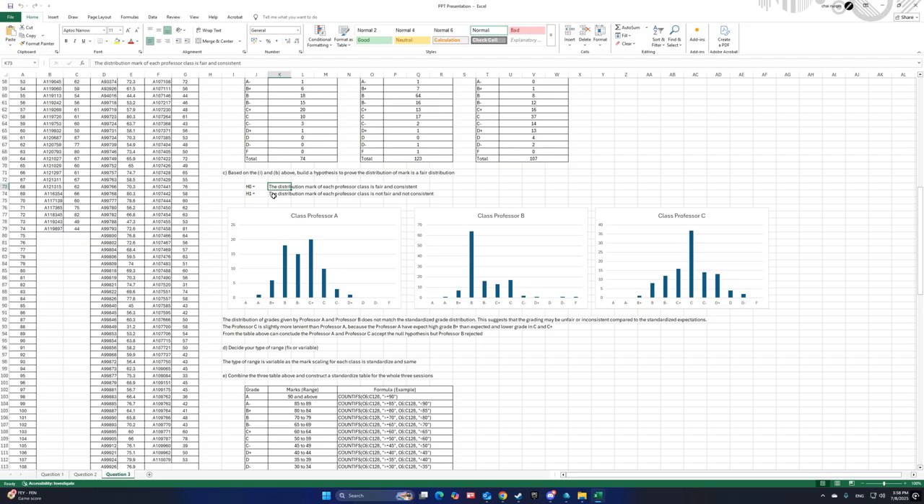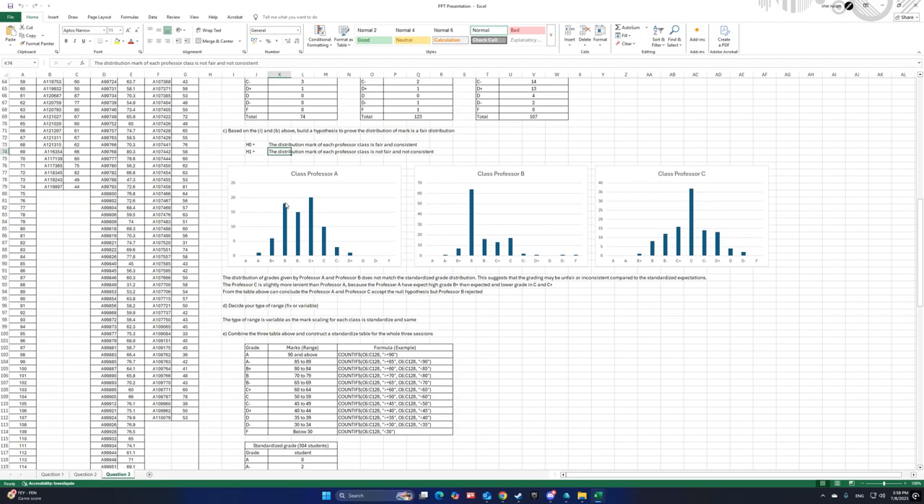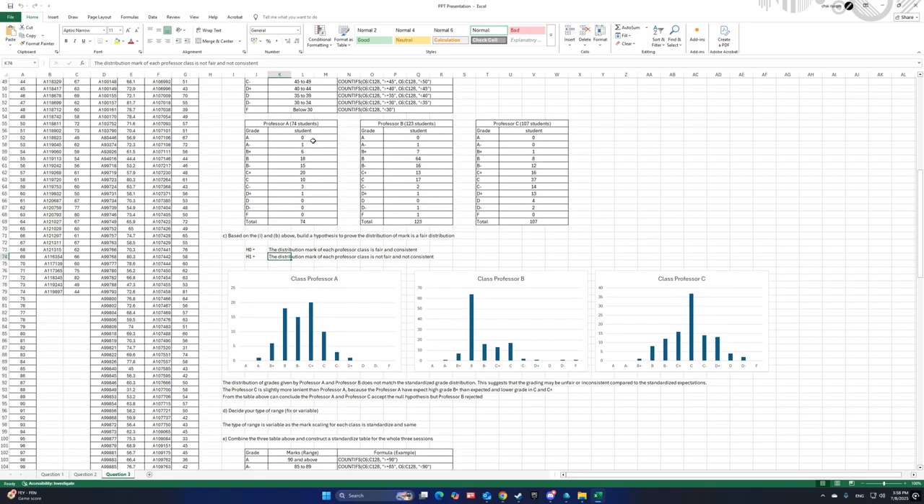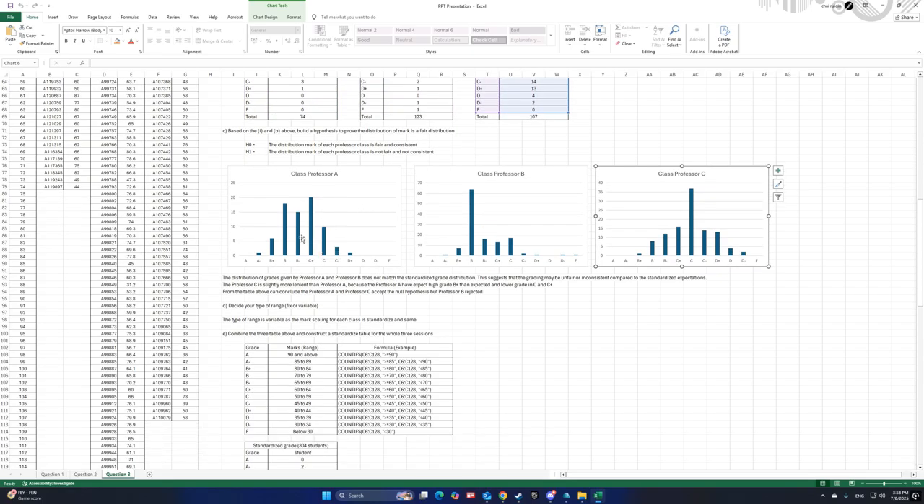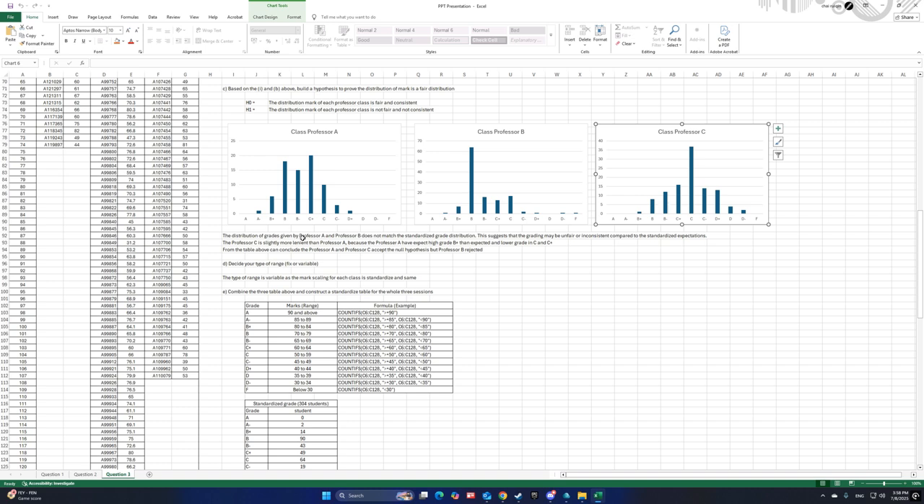Then for the H1, we get that the distribution of marks for each class is not fair and not consistent. So eventually we can get the graph table from these three different classes. At the end, we will see that the distributions given by Professor A and Professor B do not really match the standardized grade distribution, because some grading may be unfair and/or inconsistent compared to